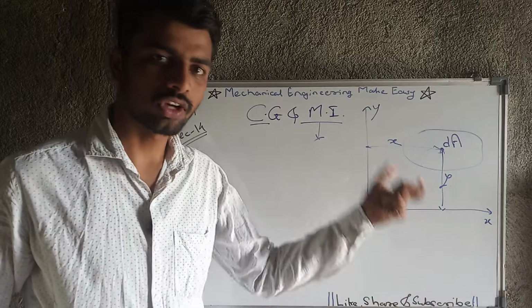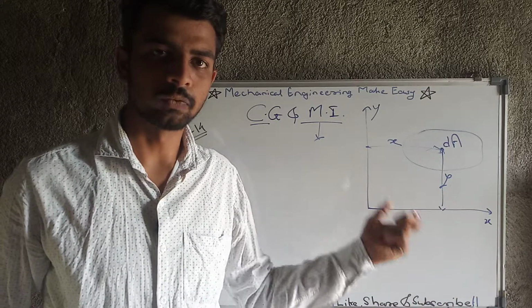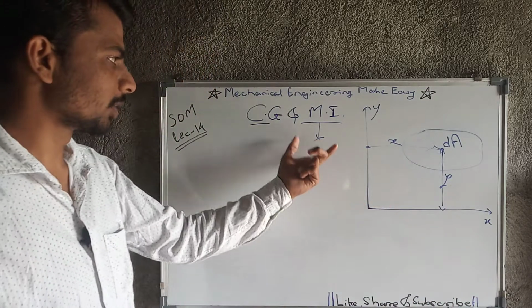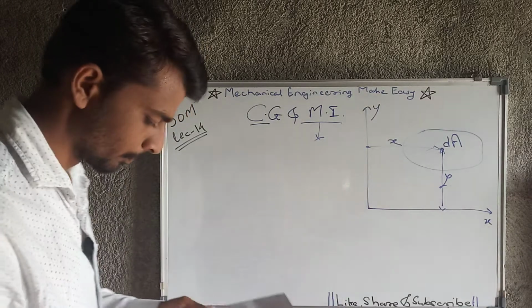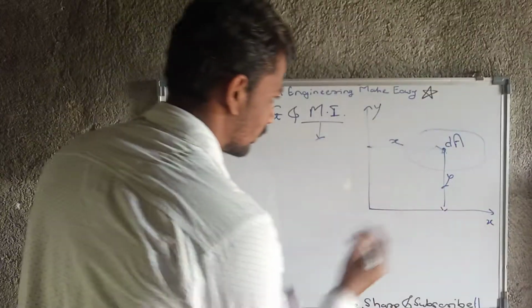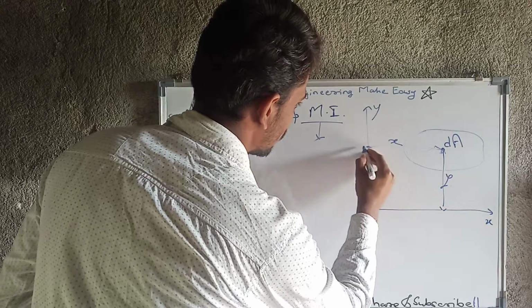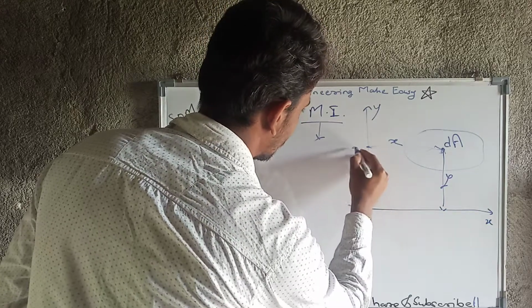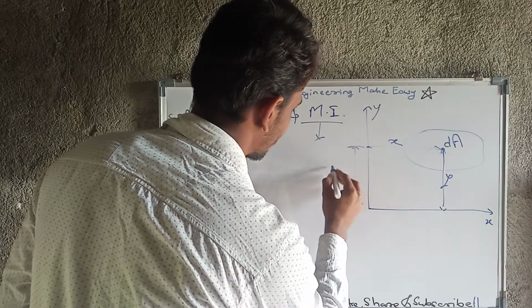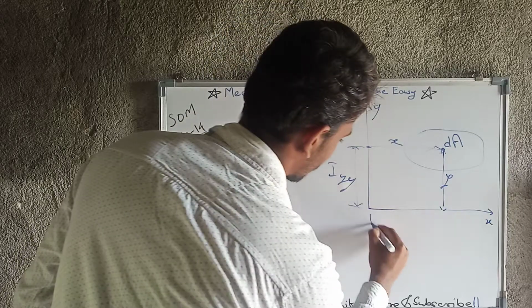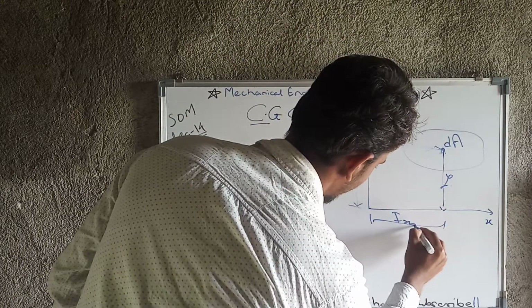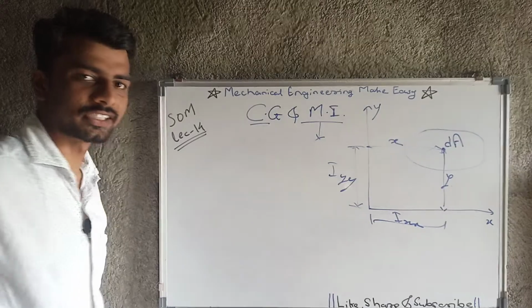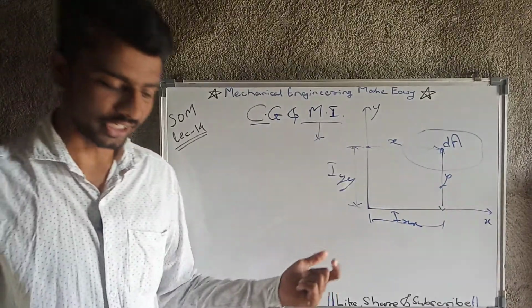And this is because of the moment of inertia or inertial force. So that is nothing but the basic concept of moment of inertia. Again, this value will be Iyy, the moment of inertia in y direction. Then this will be Ixx, that is nothing but moment of inertia in x direction.